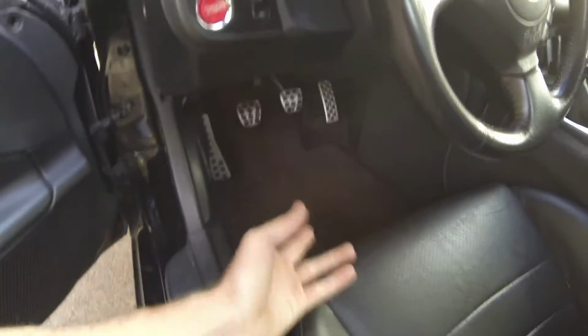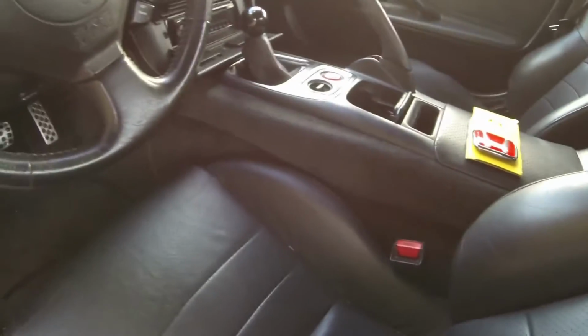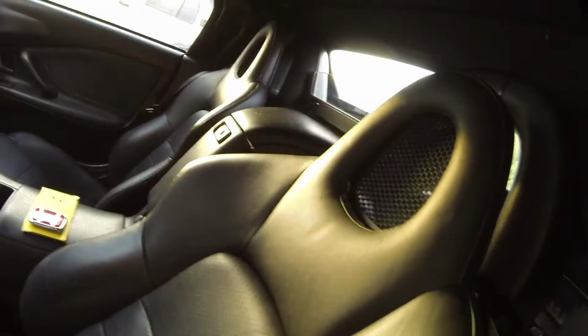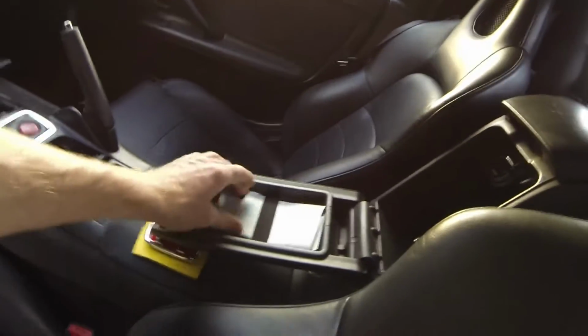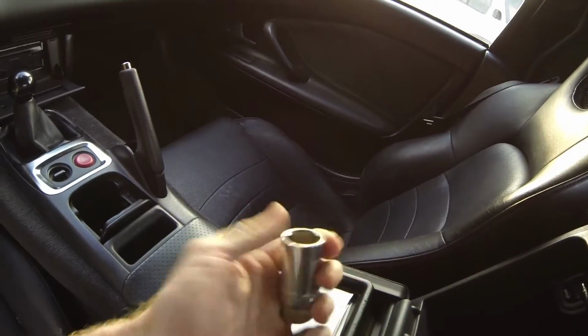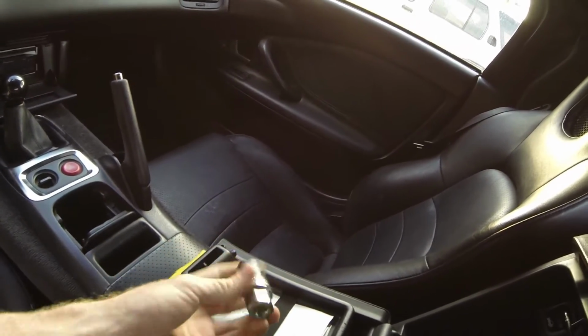Well, you see the interior is pretty clean. I've already talked about the exterior, but the interior is pretty clean. Walk around. I should have actually vacuumed it. I cleaned it like a week or so ago. But the seats are all in really good shape. The vinyl's not cracked or anything like that. And I've got the papers in the glove, not the glove box, but the little armrest. And then this is needed. I had a couple of these, so I've got the other one in my other car, but this is needed